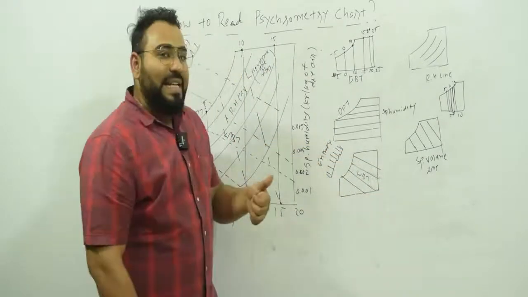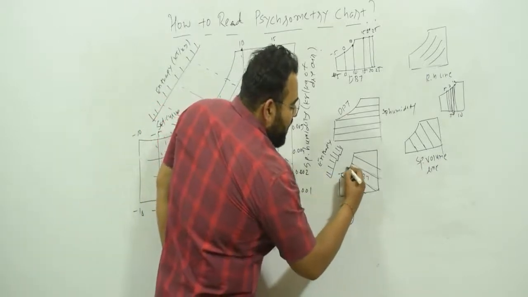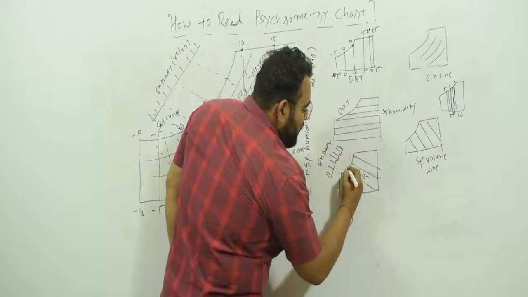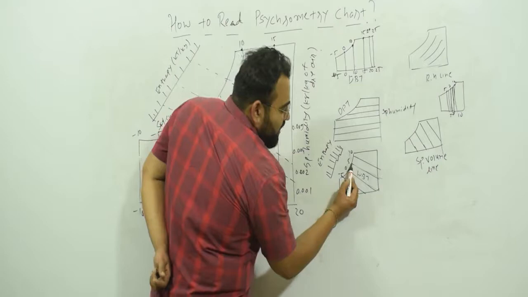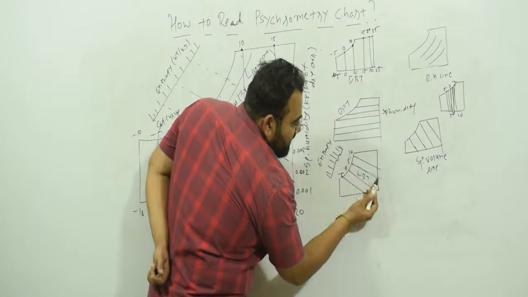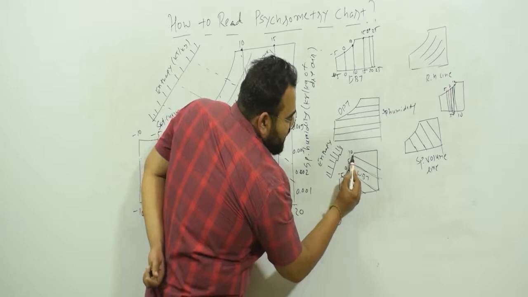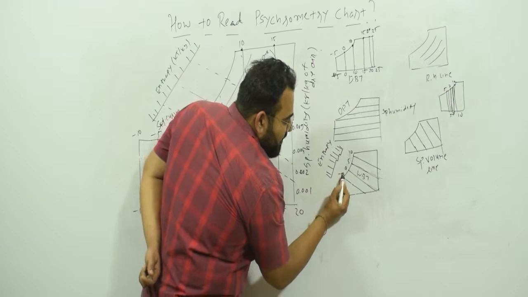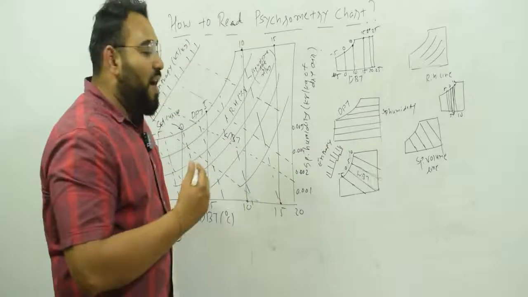So if I say 10 degrees Celsius WBT line, here the temperature is going to be written over here, that this is minus 5, minus 10, minus 15, let us say minus 5, 0, 5, 10. If I say the WBT 5 degrees Celsius line, so here 5 degrees Celsius is written over here. So from 5 degrees Celsius, see this line. So this is the 5 degrees Celsius WBT line. Here same 0 degrees Celsius. So this is the 0 degrees Celsius WBT line. 10 degrees Celsius. So if it is 10 degrees Celsius over here, this is the 10 degrees Celsius WBT line. Minus 5 degrees Celsius. If minus 5 degrees Celsius is written over here and the line is going something like this, this is the minus 5 degrees Celsius WBT line. So this is how you can find it.